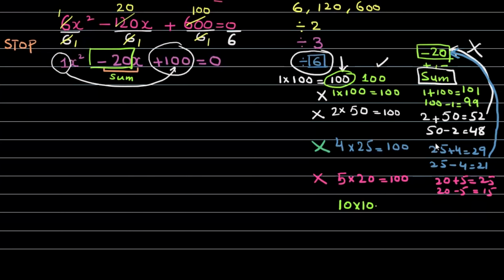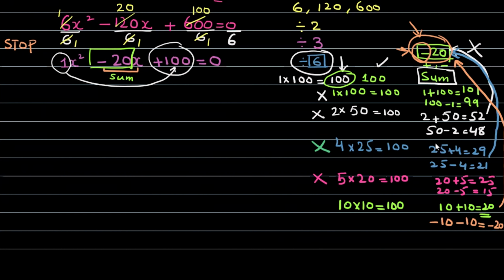10 times 10 is giving us 100. Now add them. 10 plus 10 equals 20. Oh, wow. These factors are giving us the middle term. The middle term is 20. It's not only 20. You have to consider and focus on the sign also. तो हम क्या करेंगे, दोनों नंबर्स के साथ minus का sign लगा देंगे and then we will make a sum. It will be minus 20.